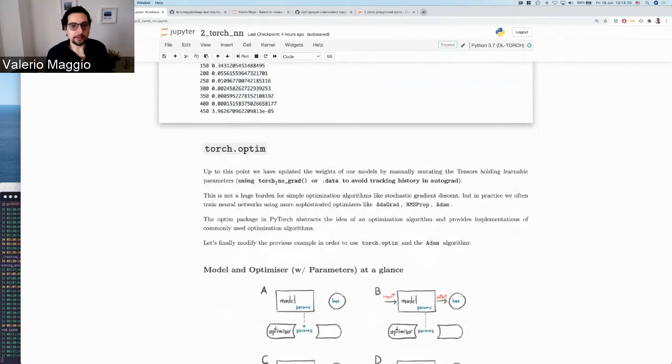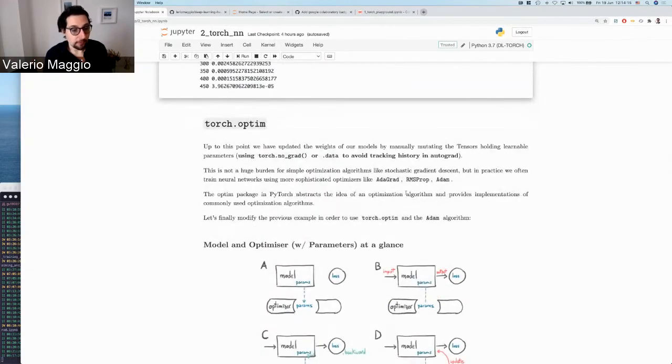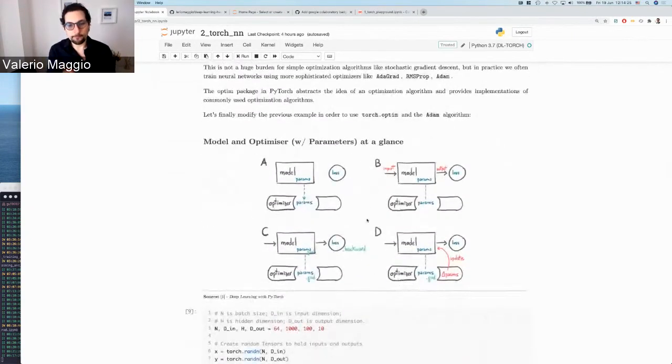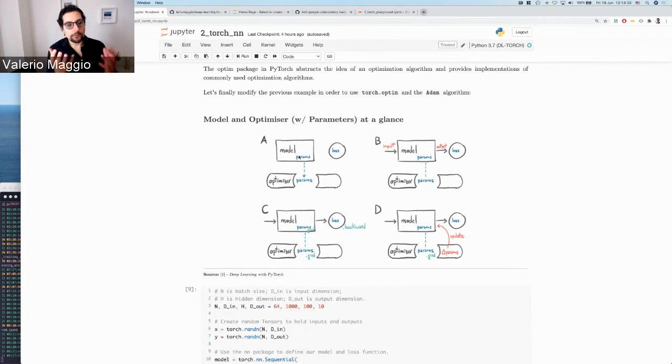the Optim package comes into play. You have different optimization algorithms you can use. That rule is basically the rule of stochastic gradient descent, but you might have different variations of it. And this is how the optimizer fits into the rest of the picture. So basically you have the model, which has the parameters. The model is the entity that keeps together the parameters that we want to learn from the data. We have a loss function here, which is what brings the update to the parameters, and the optimizer, which